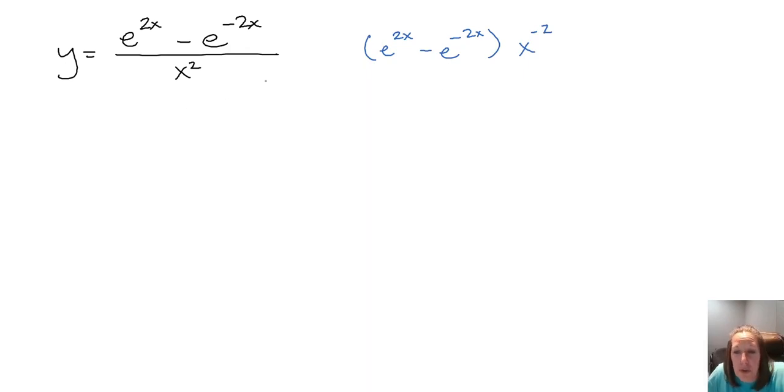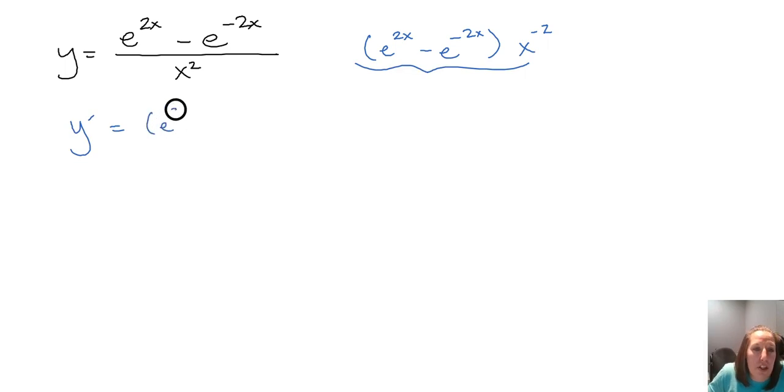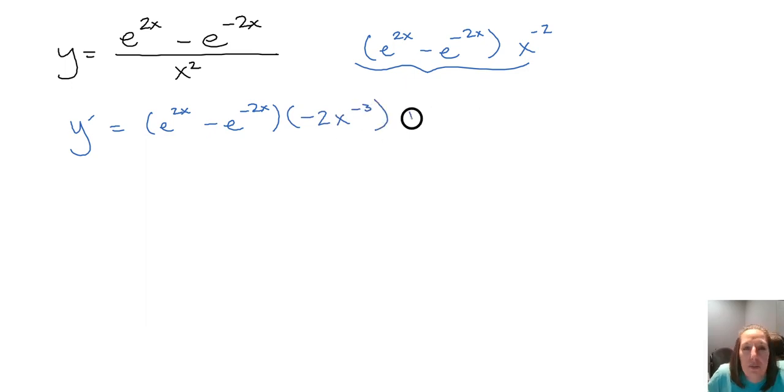I like to avoid the quotient rule as much as I can just because I can never remember which one comes first and it makes a difference. With the product rule, it doesn't. So let's go ahead and take the derivative using the product rule and this rewritten form. So we're going to get the first just as it stands times the derivative of the second. The derivative of x to the negative 2 is negative 2x to the negative 3,